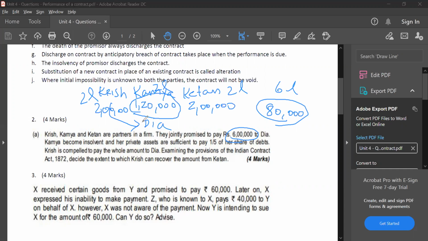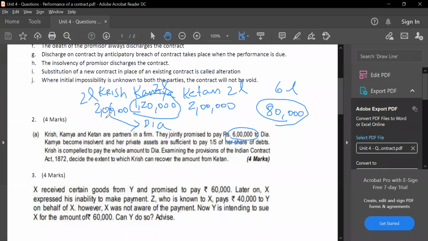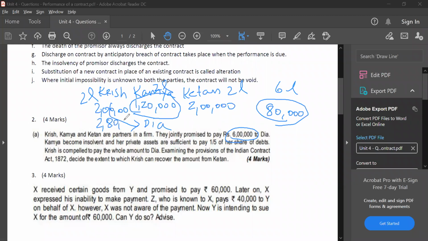Now, this 80,000, Krish has paid totally now 2,80,000. Where he's supposed to pay only 2 lakhs, he has paid extra how much? 80,000 extra he has paid. Now, Kamya cannot pay because she has become what? Insolvent. So who has to share this balance 80,000? Krish and Ketan. So Krish will bear 40,000 and Ketan will bear 40,000. So now if you see, since Kamya has become insolvent, Krish is compelled to pay the whole amount. Krish is now entitled to receive 40,000 from